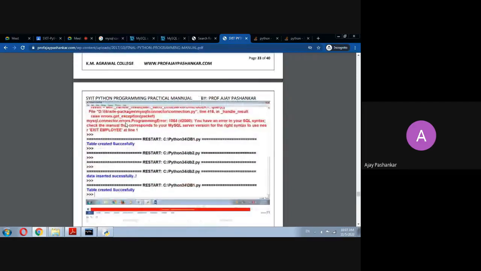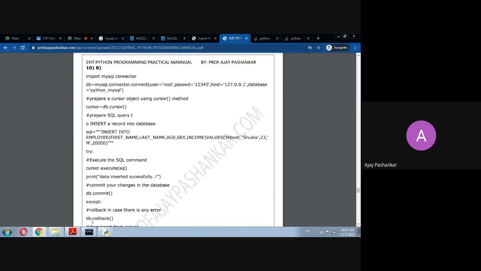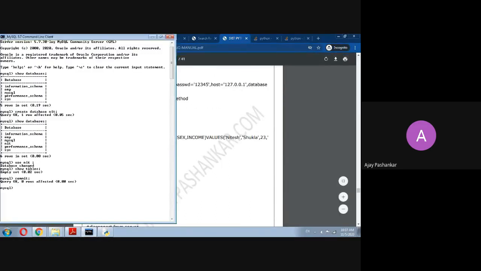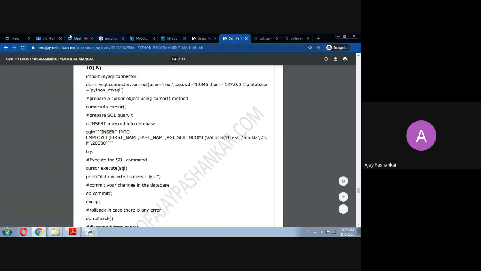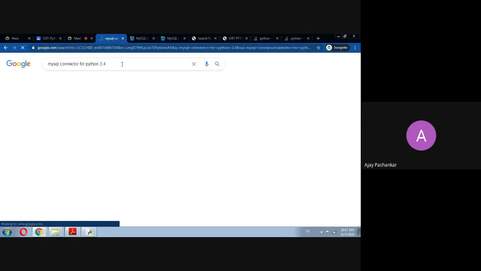Once you are done with your installation, no issue will be there, but the installation has to be proper. MySQL is working fine here. The version, you can see, is 5.7.30 Community Server, and I'm using this version. MySQL connector download for Python 3.4.4.